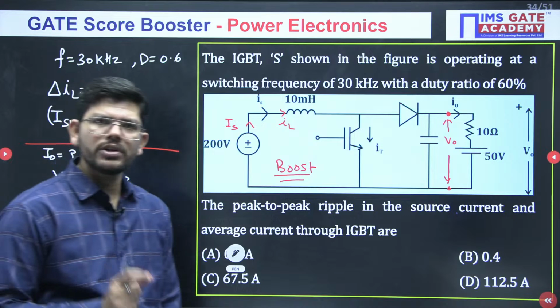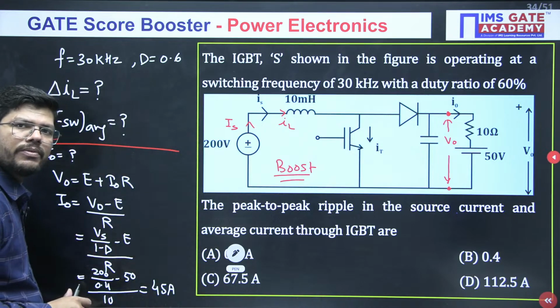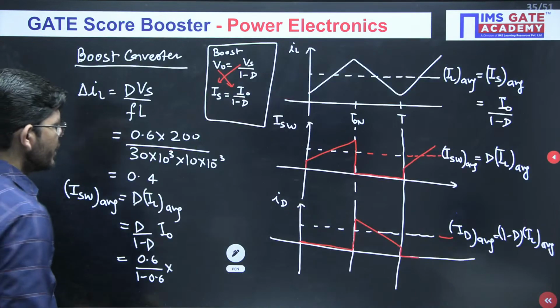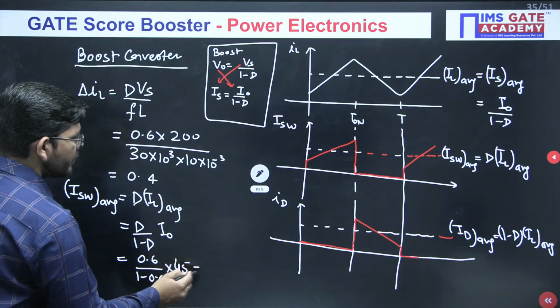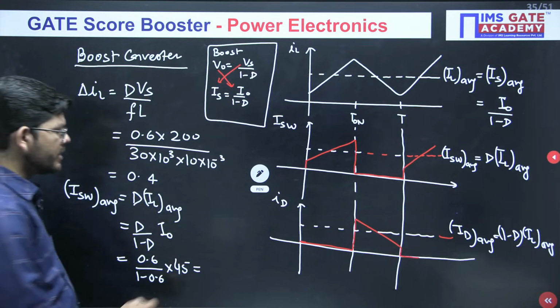Okay, by applying the KVL at the load side, I will get I naught current. This is how you will determine I naught. Is that clear to you, Divya and Nilmesh? Okay, 45 ampere will be my current. So now again come back here and put the value here, 45. Then how much will be the answer? The answer that you will be getting is